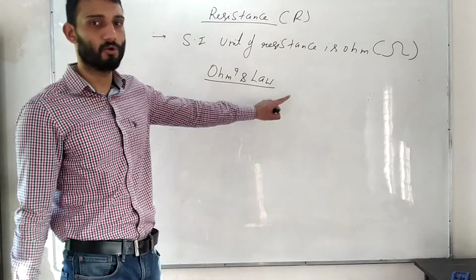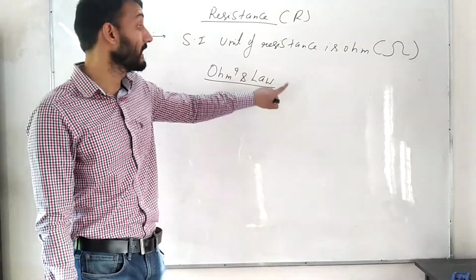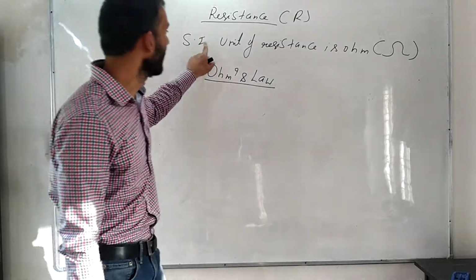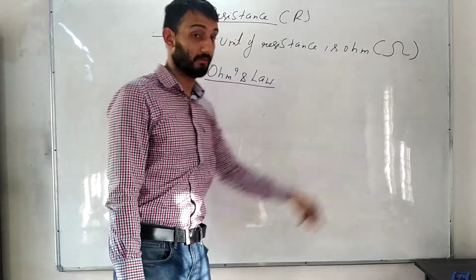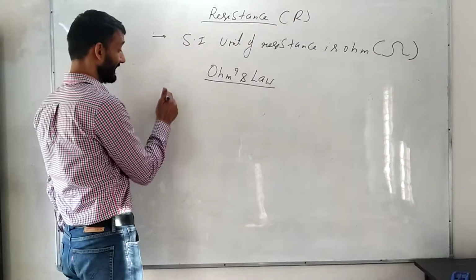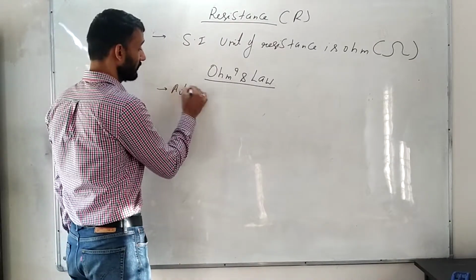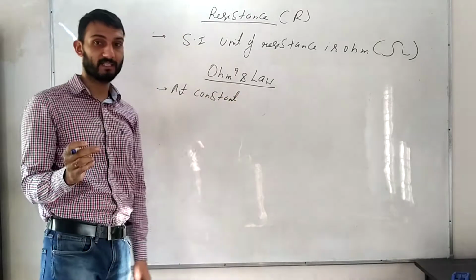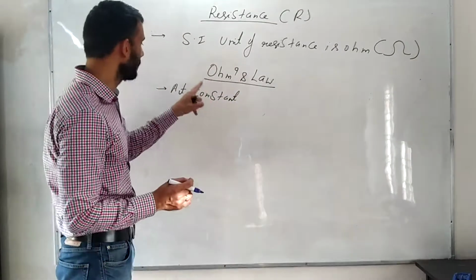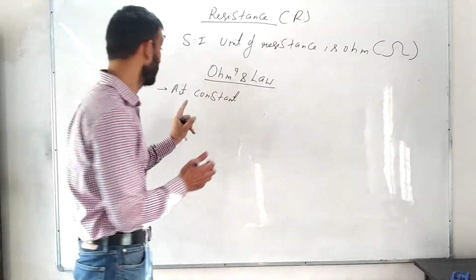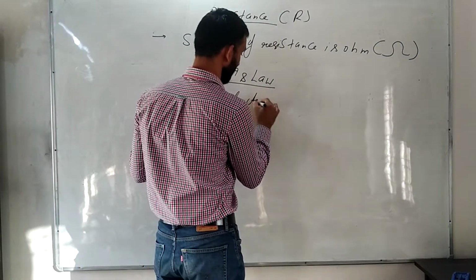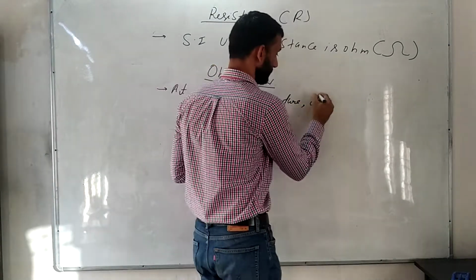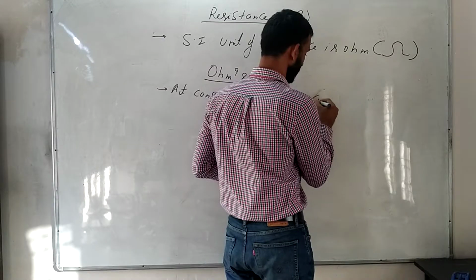George Simon Ohm was a physicist, and he gave this law, and that is why, to honor him, we have the SI unit of resistance as ohm. This statement says that the very first physical condition we should achieve in order to apply Ohm's law is that the temperature should be constant. At constant temperature,